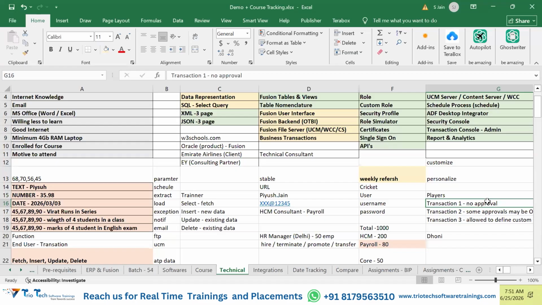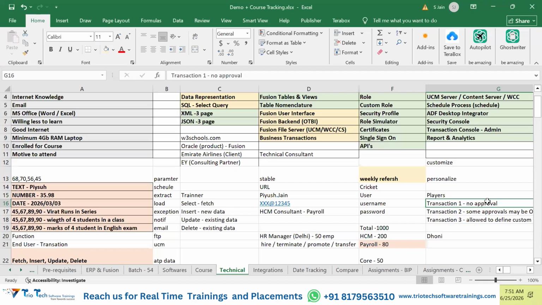It may be possible that if the line manager is doing it, it should be approved by HR. If the HR is doing it and the change of salary is less than 10%, no need to approve. But if the change of salary is more than 10%, then it needs to be approved by the head of the department. That is also possible. Every company may have its own rules, so that sort of flexibility has been provided by Oracle to define and customize your own approval rule specific to the business transaction.